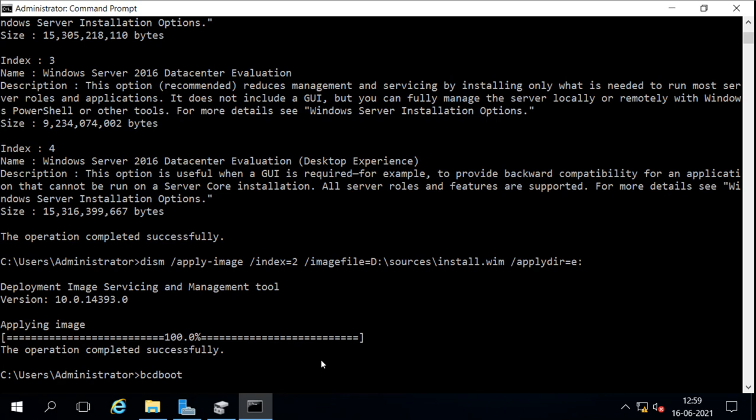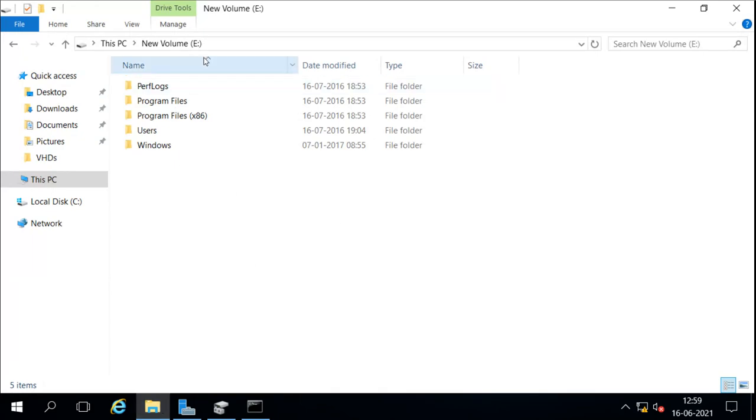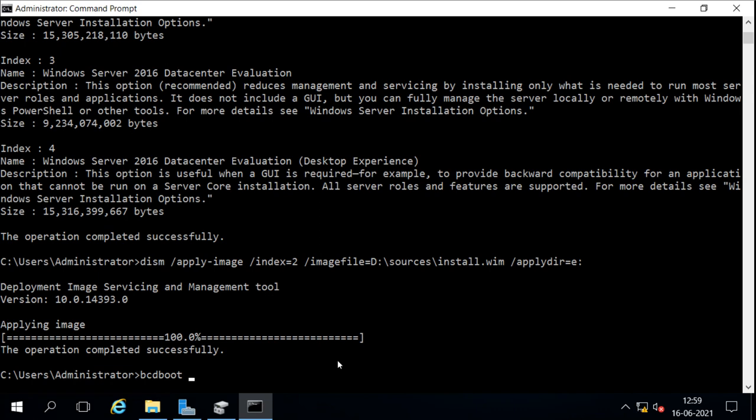When we install it directly, the entry is automatically there, but we have not installed it normally, we just applied the image onto the disk, so we have to add the entry into the list. So I will use bcdboot and mention where to boot from, so I will say boot from this E drive and this Windows folder. So I will mention the E drive here, and under the E drive, boot from Windows.